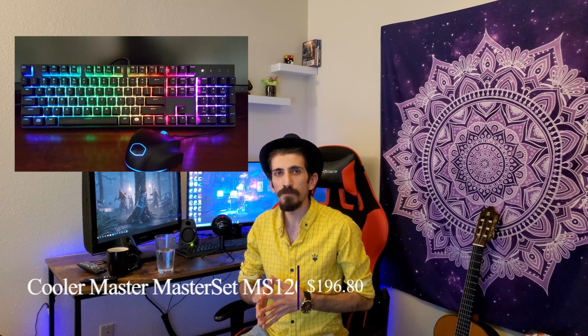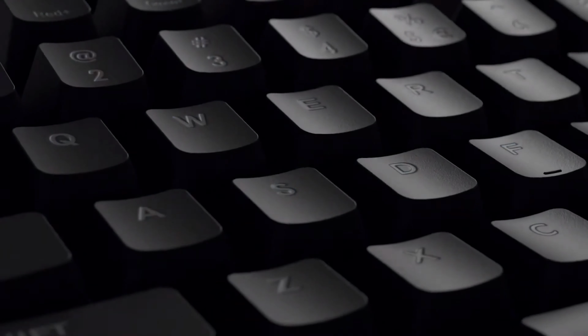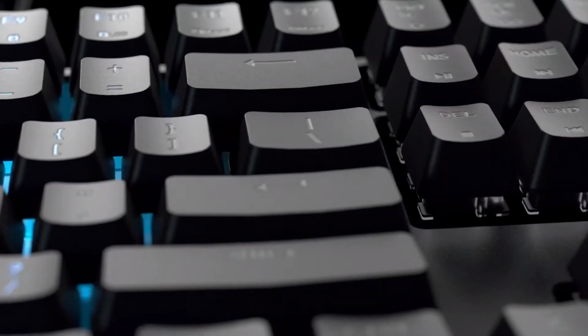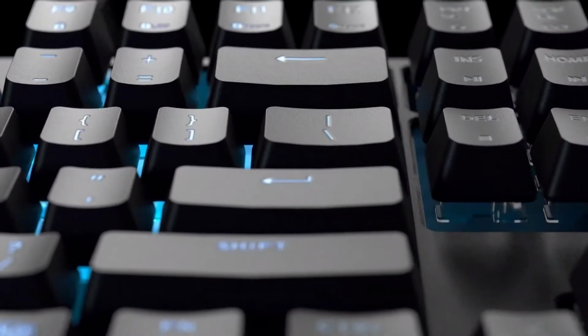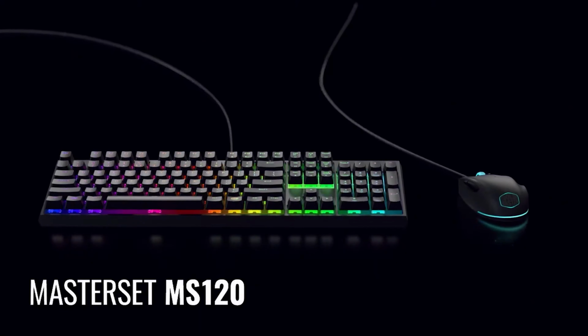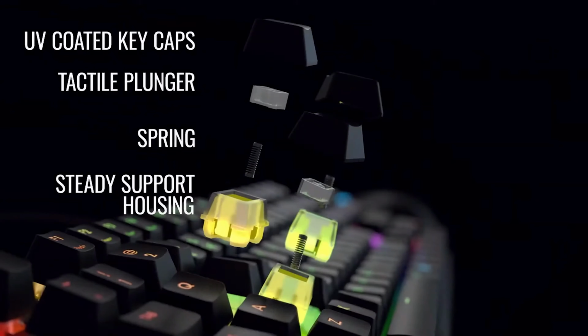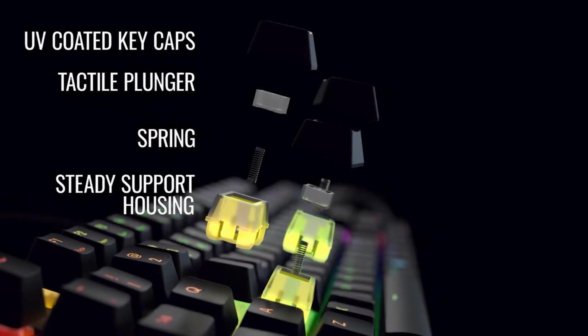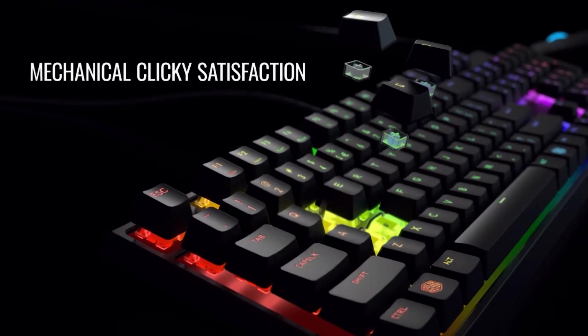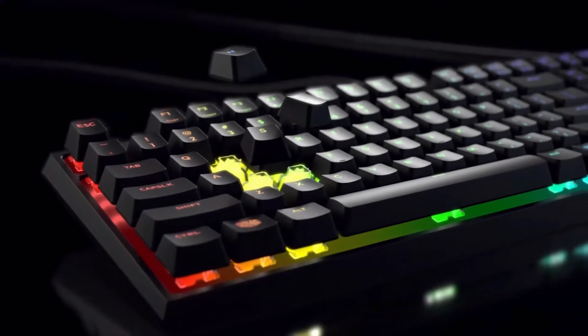This one is a keyboard and a mouse set. The keyboard is the star of the show. Sitting at just $100, the Masterset's keyboard is affordable while being up there with its more premium mechanical competitors in terms of quality. Just a quick mention, mechanical means some of the keys are mechanical, like WASD or the arrow keys. It's quiet as well, so you can fearlessly type away during an intense late night Overwatch match